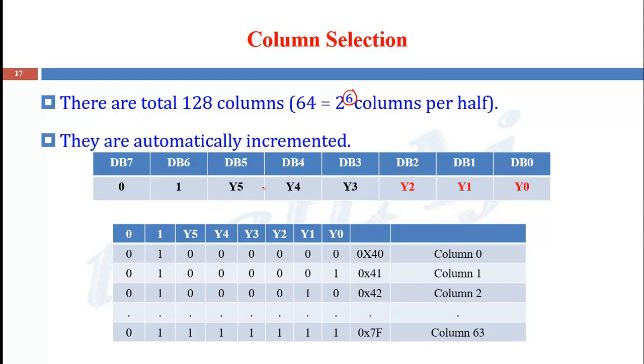Now these 6 bits can vary from all 0 to all 1. So when these 6 bits are all 0, column 0 will be selected and the command is formed as 0x40. When these 6 bits are all 1, the command form is 0x7F and column number 63 has been selected.